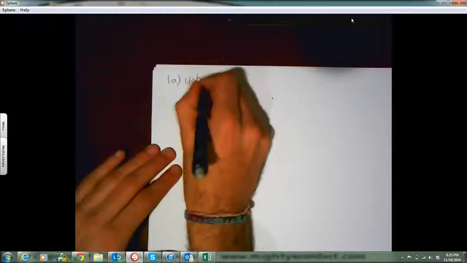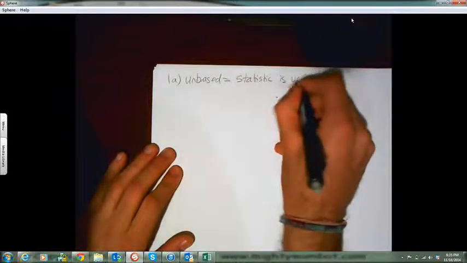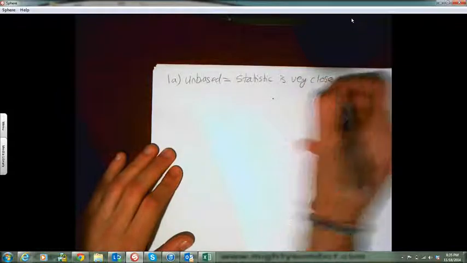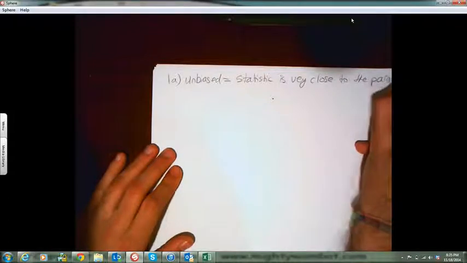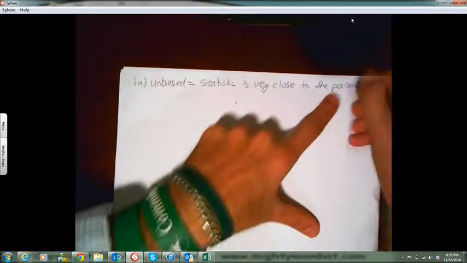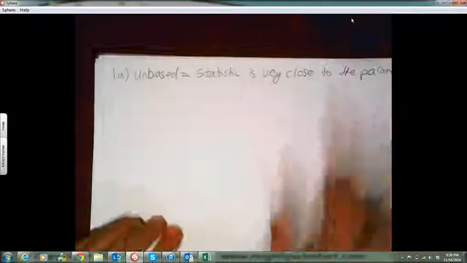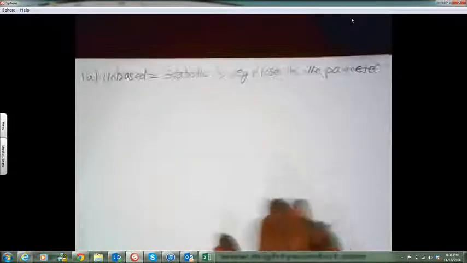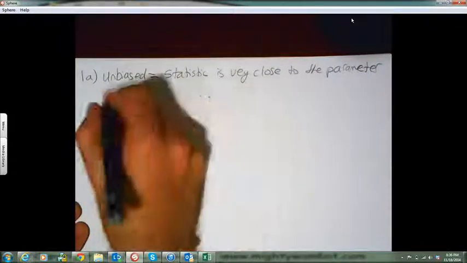So when we say unbiased, what we mean is that the statistic is very close to the parameter. Guess that's difficult to see. So parameter. Sorry about that. And some feedback was it's a little bit hard to see when it's so zoomed out. So I'll zoom in a little bit. So we want to know which ones have a value that's close to the parameter. Well, we know the parameter